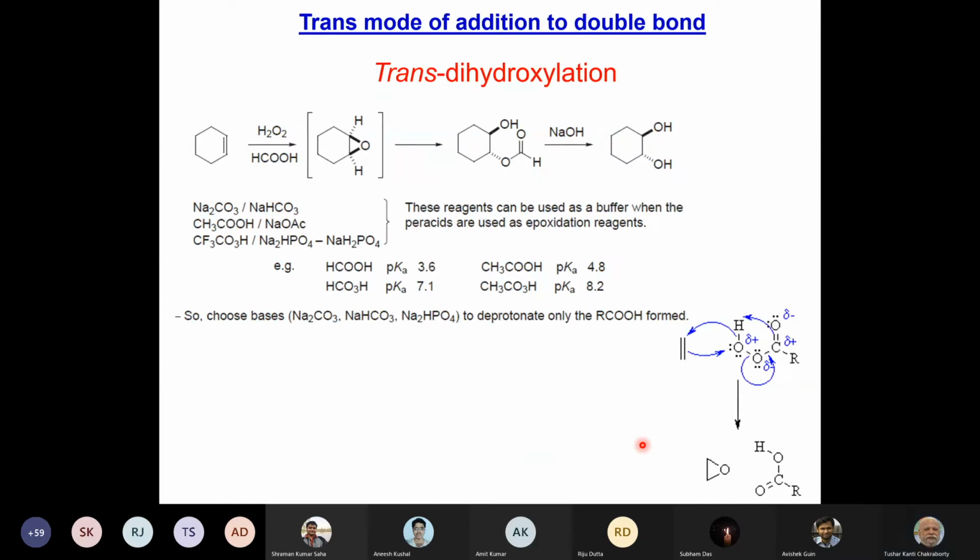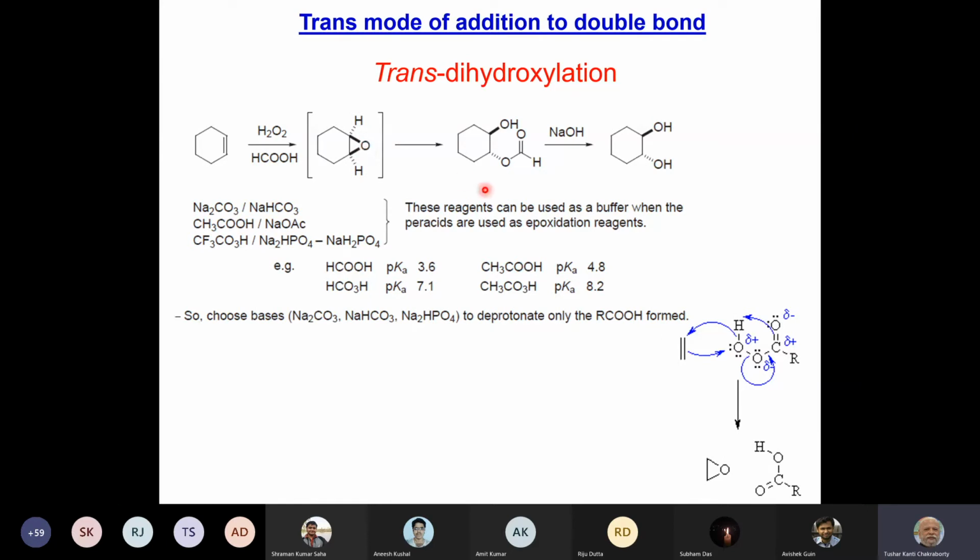And this is the trans hydroxylation. Again, the mechanism of the reaction is such that you only get a trans product in this one. This is done by a peracid. So you use formic acid and hydrogen peroxide. So it forms HCO3H, a peracid. And the mechanism of the reaction is shown here, how the olefin gets epoxidized. And the epoxidation is cis epoxidation, right? So both the hydrogens are down, and this epoxide oxygen is coming above the plane.